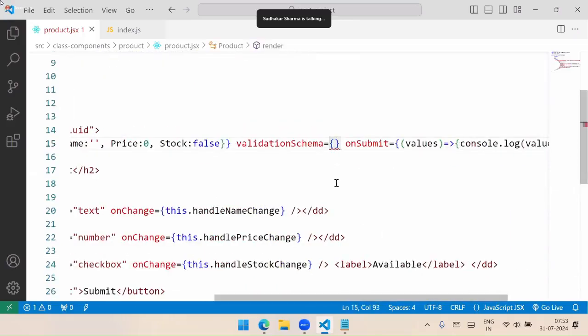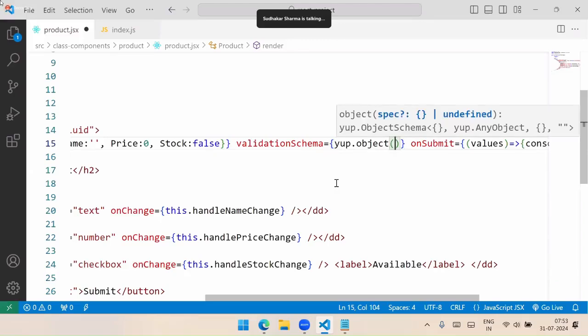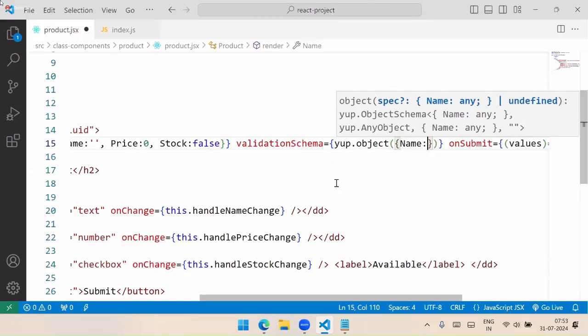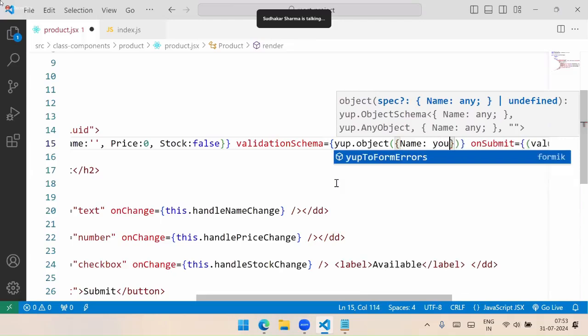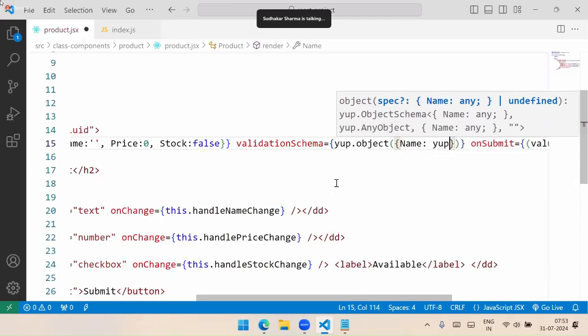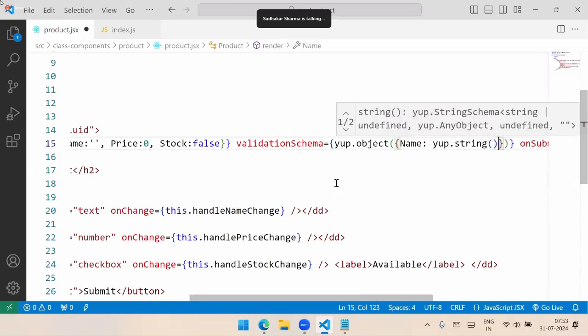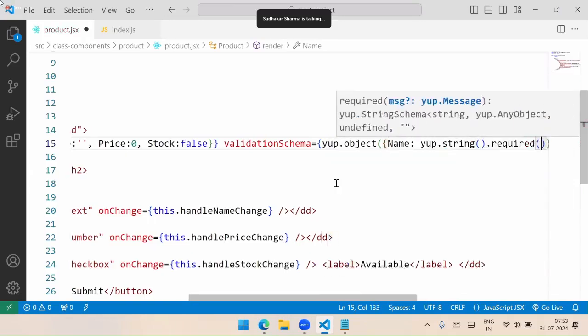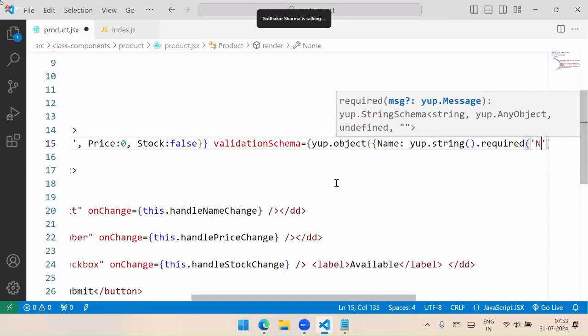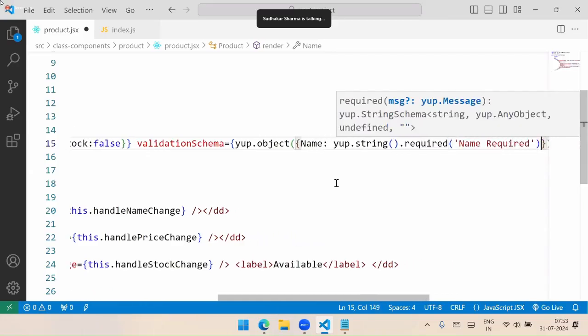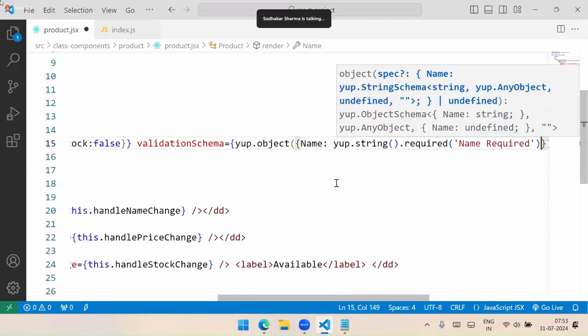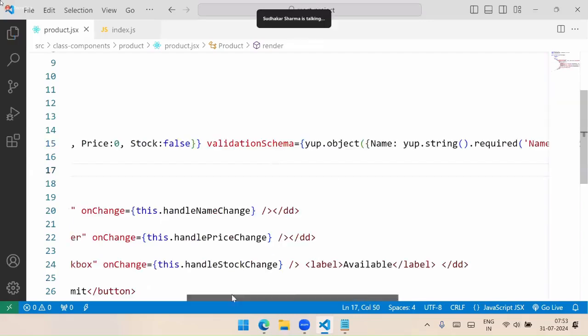So how do we use Yup? Yup.object comprises keys and values. What is the key? Key is name. What does it use? Yup.string type, and it is required. So here we say name required, something like this. We can add min length, max length, patterns, everything. For every field, we need to set up like this. Okay, once you configured this,